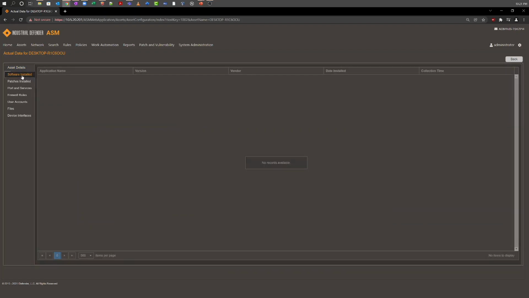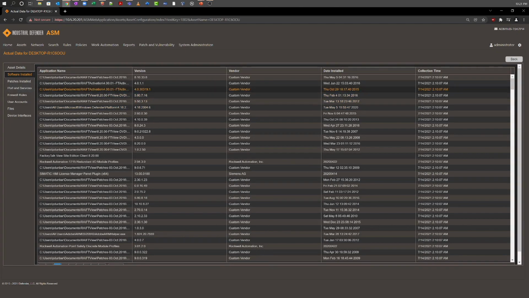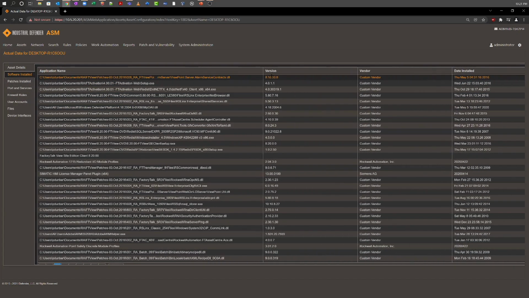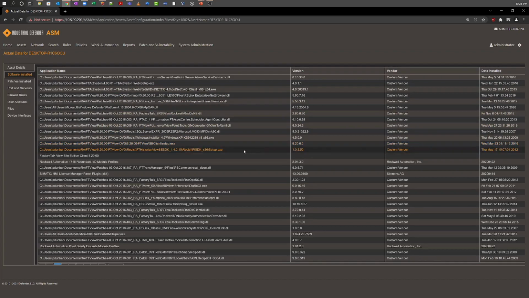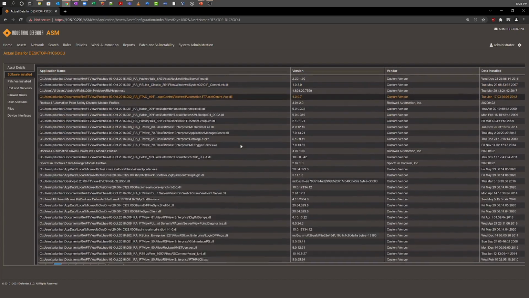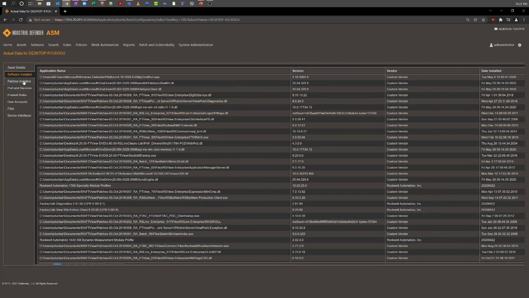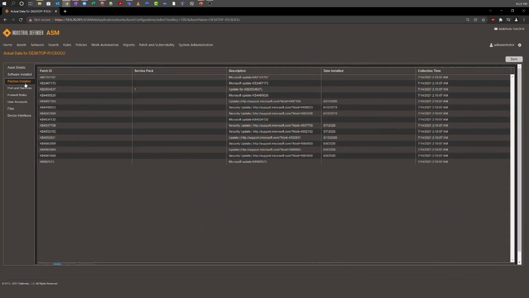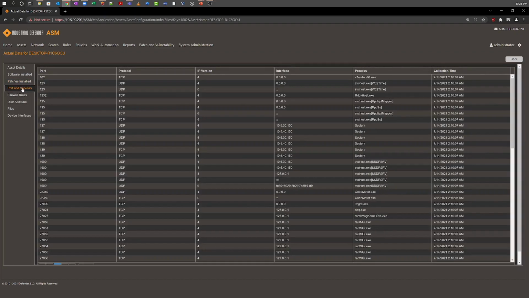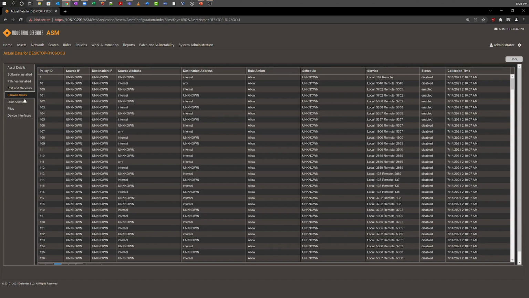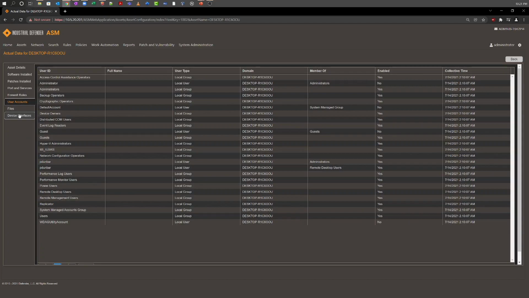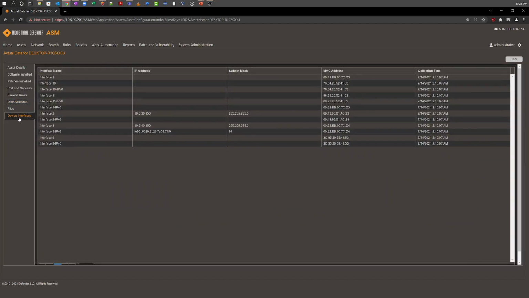This tab for software, you get an idea of the level of detail we collect on the software information. So we know this is an HMI. It's got FTView installed and a number of different versions for each piece of the software in there, which is installed. So your Microsoft and/or software patches will show up here. Ports and services, firewall rules. So this would typically be the local firewall on your Windows system. Information about user accounts, device interfaces,